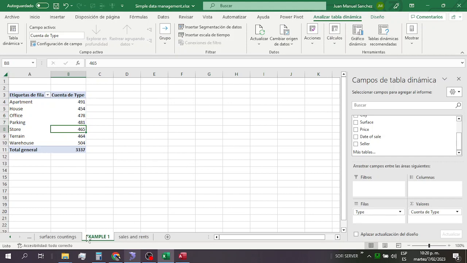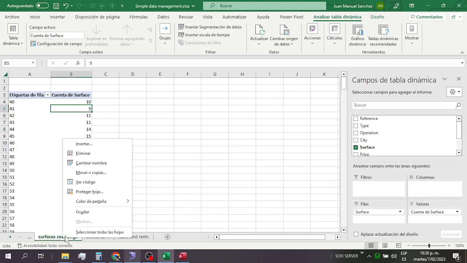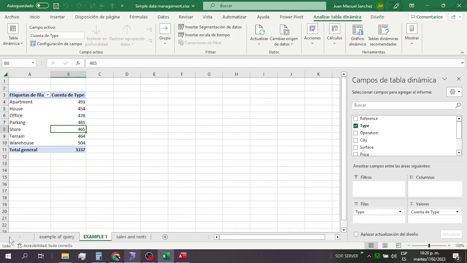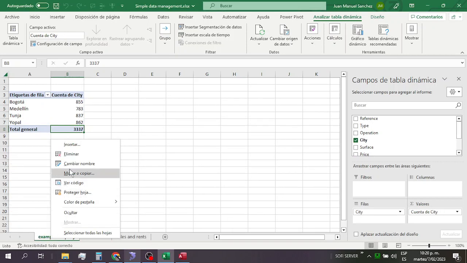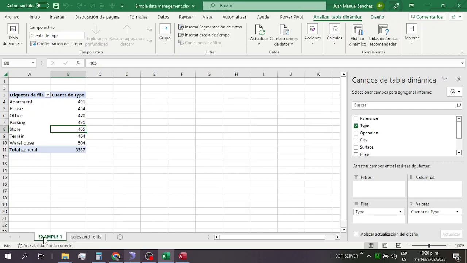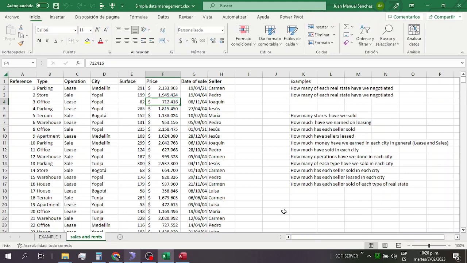Let's see the other example. I'm going to delete this. I'm going to delete other examples I had done before. Okay, just for you to see the examples we are doing. Now, the second one is how many of each real estate